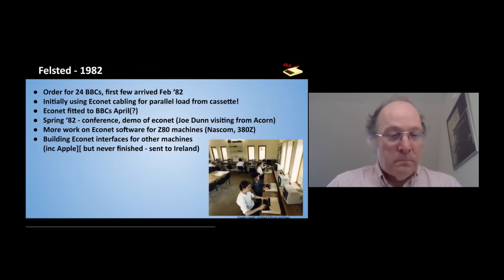Felsted meantime, they'd ordered 24 BBCs and the first couple had turned up. They were desperate. I found some letters where they were desperately pleading for some Econet interfaces. In the meantime, they got a room that was wired up for Econet, but instead they'd plugged the cassette leads in and were doing parallel loading of multiple machines from a single cassette recorder, which apparently worked, but was not fun. So sometime I managed to sneak out some Econet interfaces,